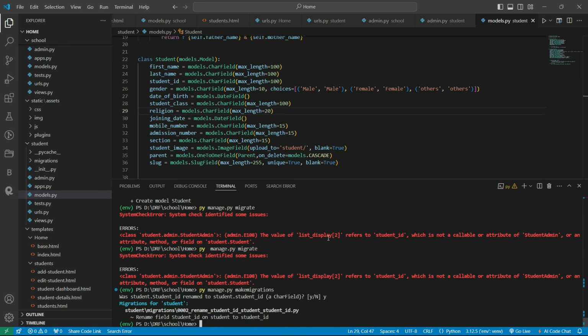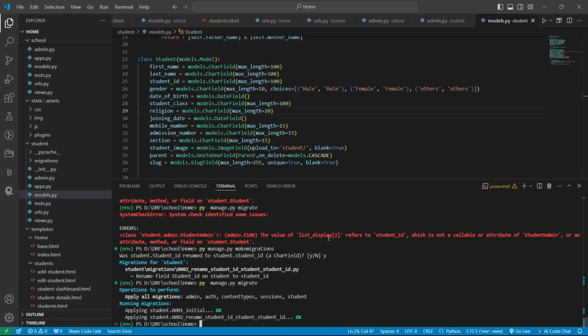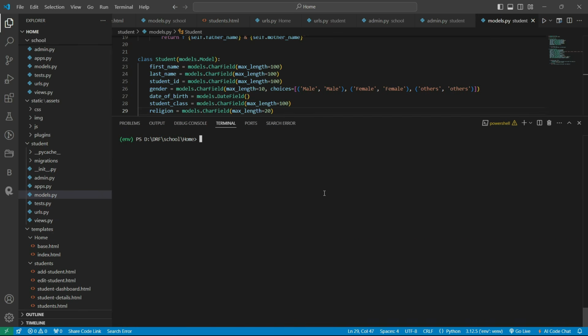Write the command yes. Okay, now write python manage.py migrate. So our migration is done successfully here. Now let's clear the screen, and for accessing our admin panel we also need to create our super